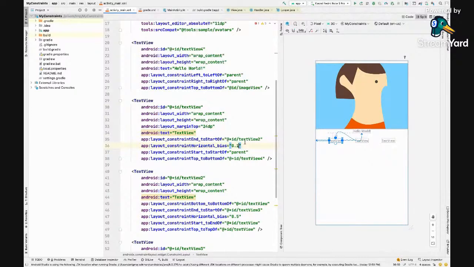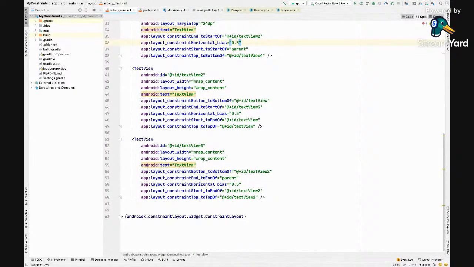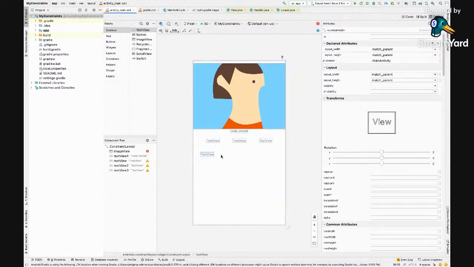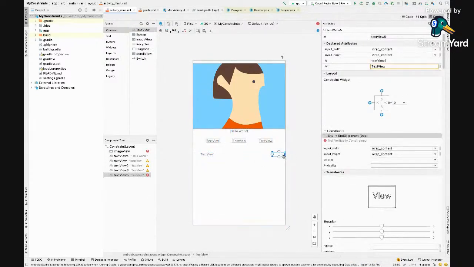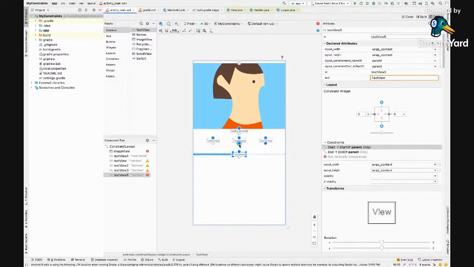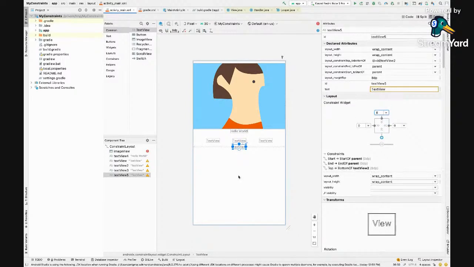I can set the bias here. Wait, I'll tell you what it means. Let's move to design again. I have one more text view, which I'm putting in between all this. This is below this, and I'll just say 8. So what is happening here is that it is centered exactly in between.